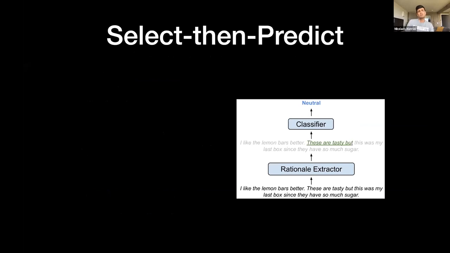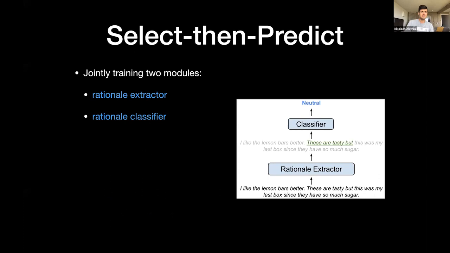And the second approach for extracting rationales is through select-then-predict models, or what we call inherently faithful models by construction. These models consist of two modules. One is the rationale extractor, and the second is the rationale classifier.